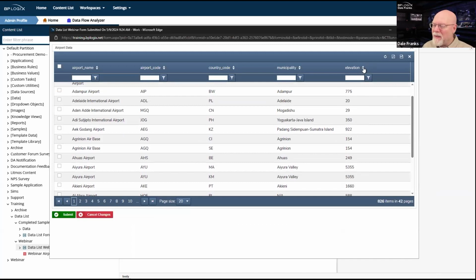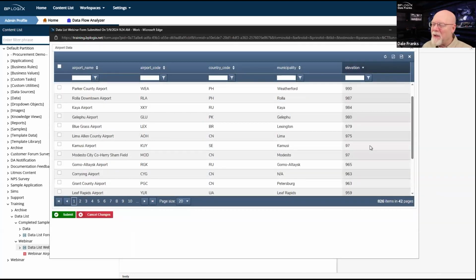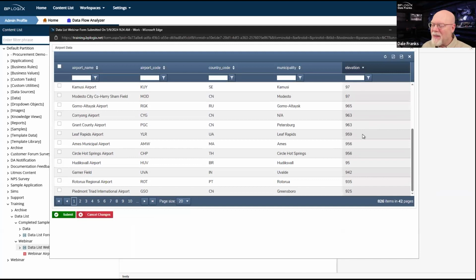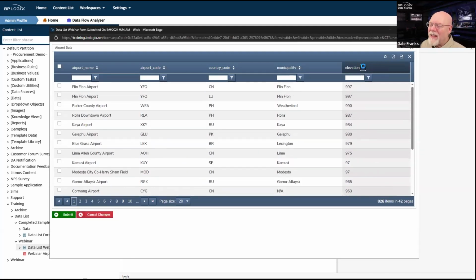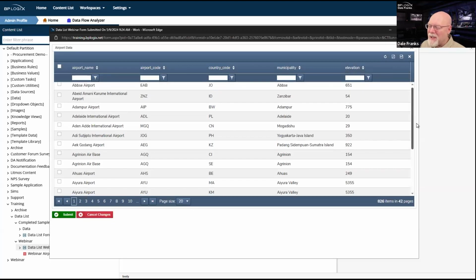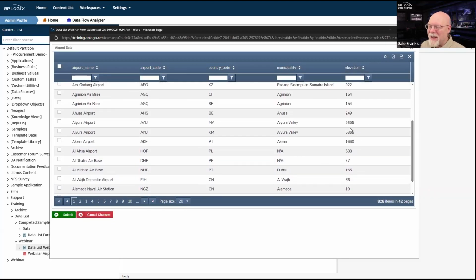Oh, by the way, this is really interesting. This is from Makaru. I'm not sure how accurate this data is. So the heights on these airports, oh, they're in alphabetical order. That's awful. I wanted to see what the highest airport was because I happened to see this airport here, which apparently I did not get rid of this duplicate. Darn. It's at 5,355. I'm going to assume that's feet, not meters. So, yeah, kind of curious as to what the highest airport is. That is completely unrelated to what we're doing, however.